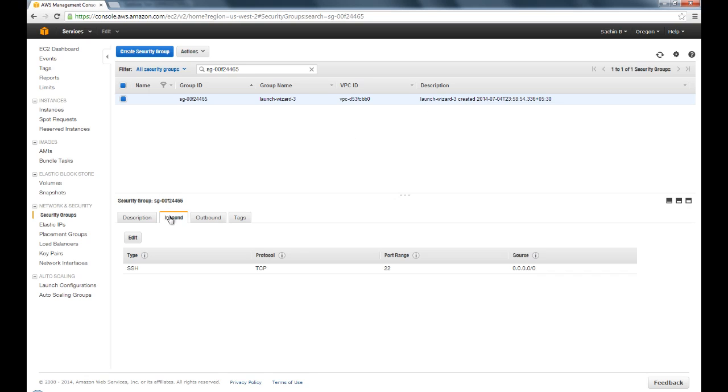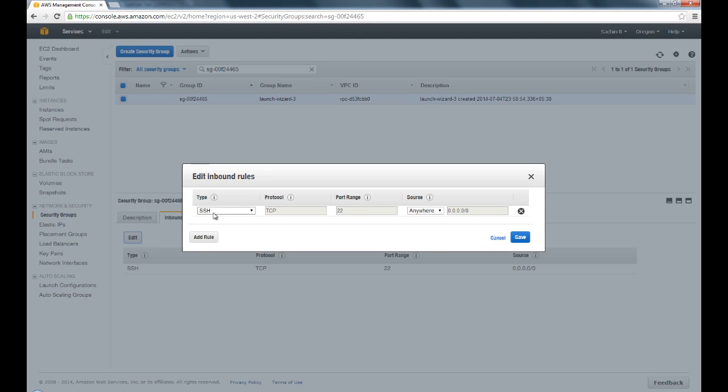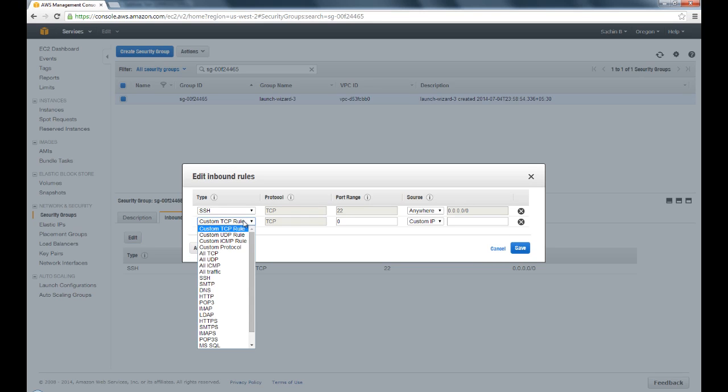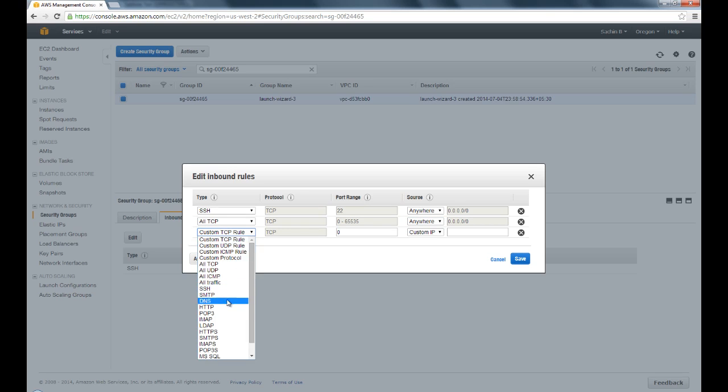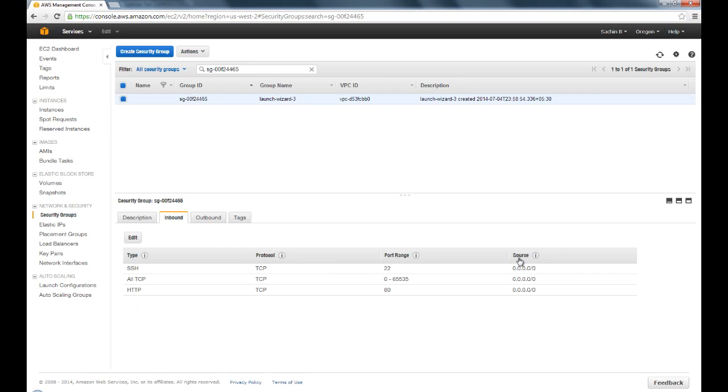Next, in the inbound section, I'm going to click on edit. You can see that we already have the SSH port open, by which we are able to connect using PuTTY. We'll click on add rule and add the all TCP rule, which will allow the WebSockets within our app to function correctly. Another thing I want to do is open port 80, which is the HTTP protocol, allowing the app to function like a website. Click on save,